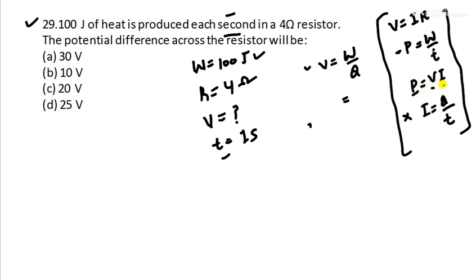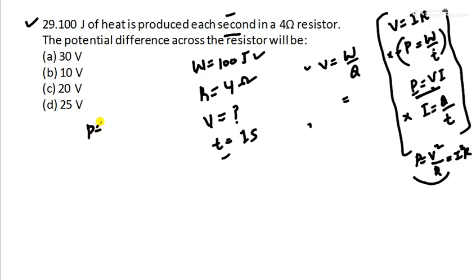P, V is not given, so even that cannot be done. V is equal to IR, so even I is not given. Then what are you going to do? You are going to use this formula only, because we have another formula. P is equal to what? V square by R, which is also equal to I square into R. So we can use this to get P.